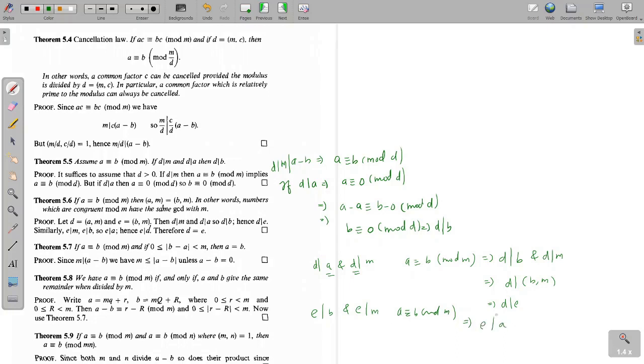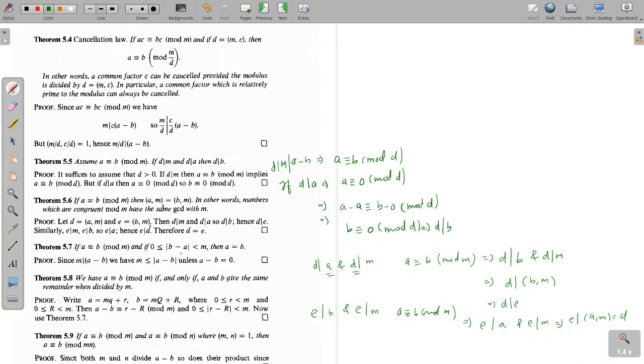The third one. Then E divides A and E divides M. Then E divides the GCD of A comma M, which is nothing but D. So E divides D, and D divides E. We will get D is equal to E. This is theorem 5.6. In 5.7, we will prove that A is congruent to B mod M implies A equal